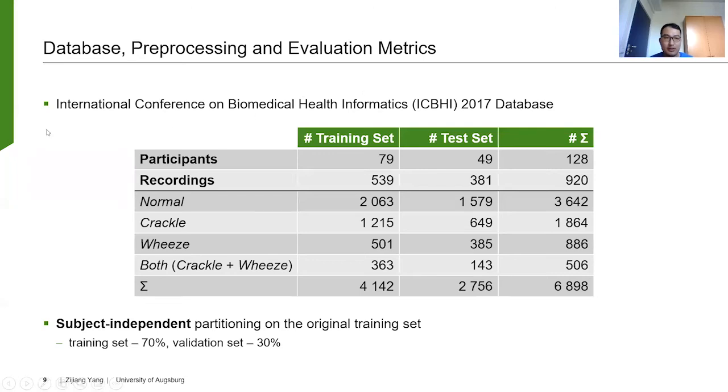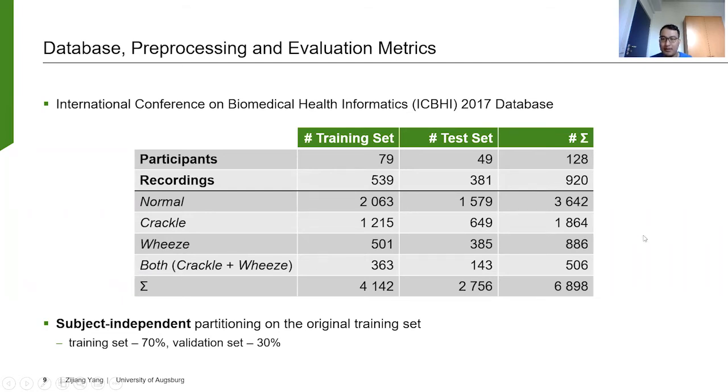The database we used is called the International Conference on Biomedical and Health Informatics, also known as the ICBHI 2017 database. This is the respiratory cycles database, and it contains 128 participants and 920 recordings together. Every recording was divided into respiratory cycles. There are 4 classes in this database: normal, crackle, wheeze, and both, which means crackle and wheeze at the